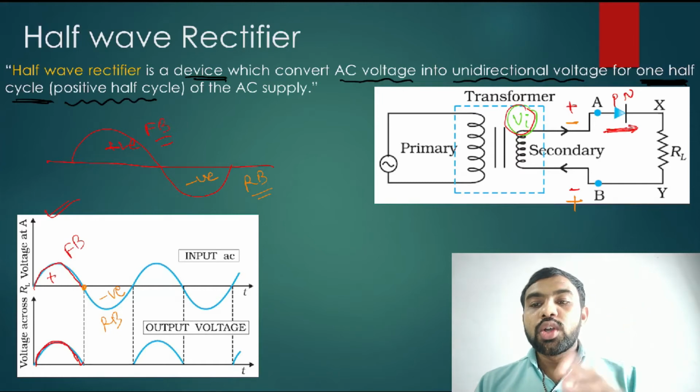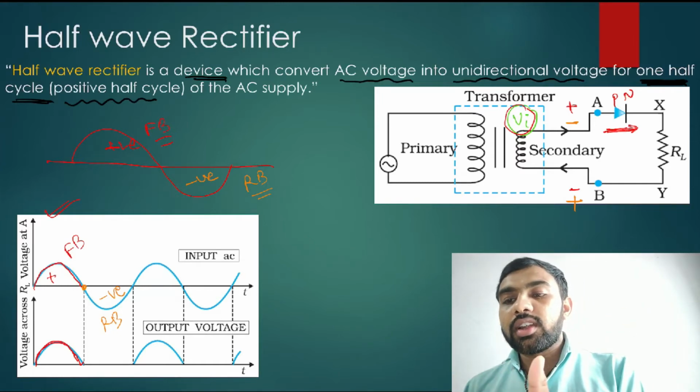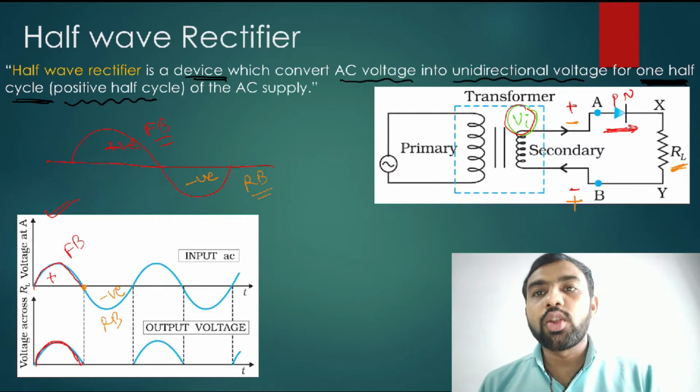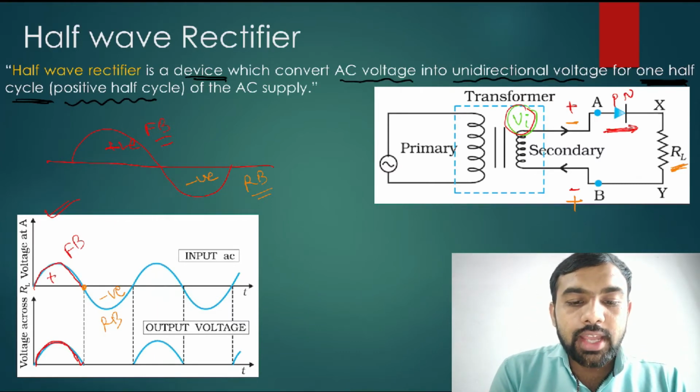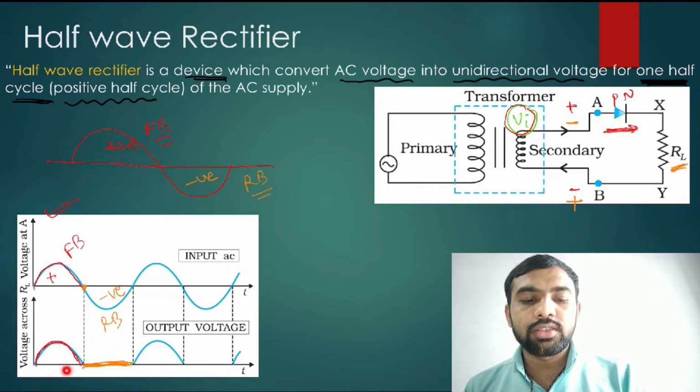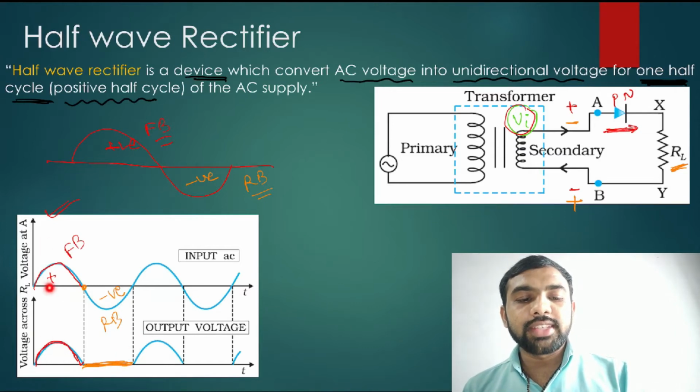So the answer is what? No. At that time, this current does not flow through the load resistance RL. This is the load resistance RL. So at that time, in the negative side, current is 0. See here, just look at this mark with the orange pen in the left-hand side figure, which is marked with this red marker. See, this current is 0.